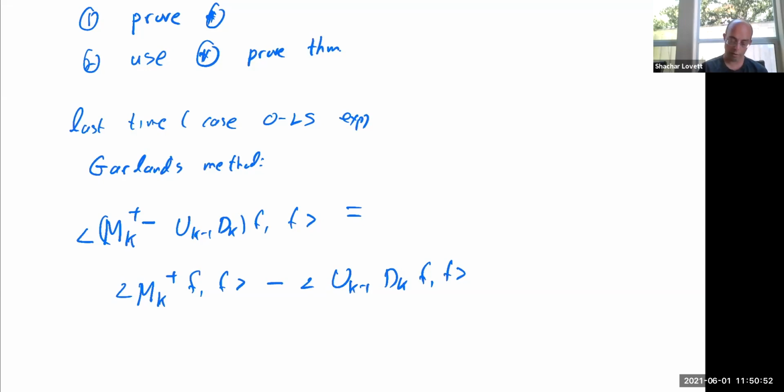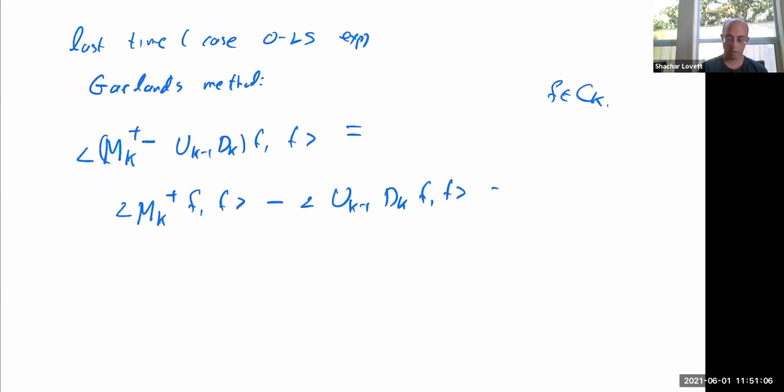So here f is some function on the k level of the complex. And we want to use restrictions to move to a function on the first level of k minus 1 links. This is going to be, by Garland's method, just the expectation over tau coming from pi k minus 1, the distribution on level k minus 1, of the difference of